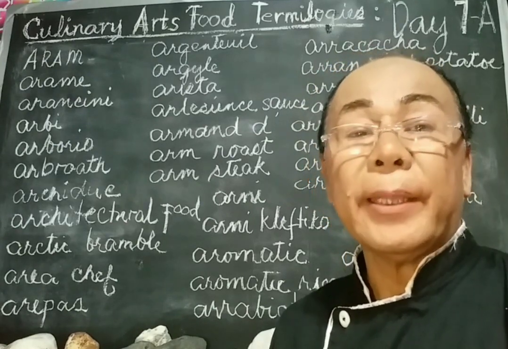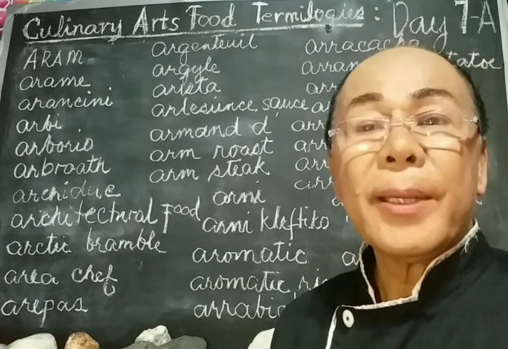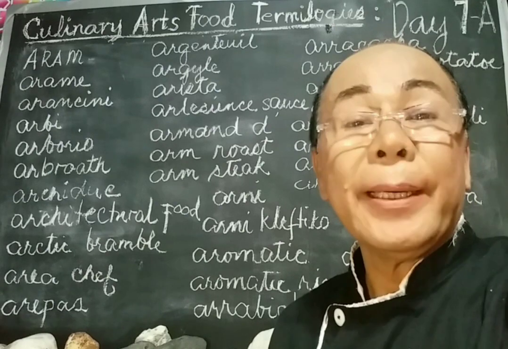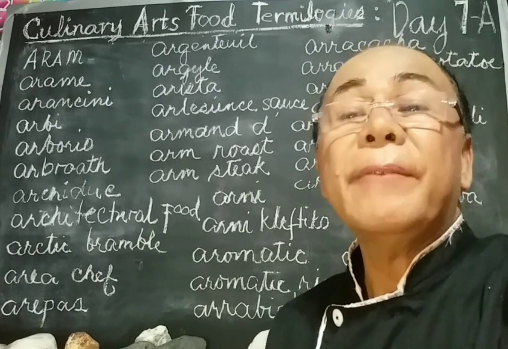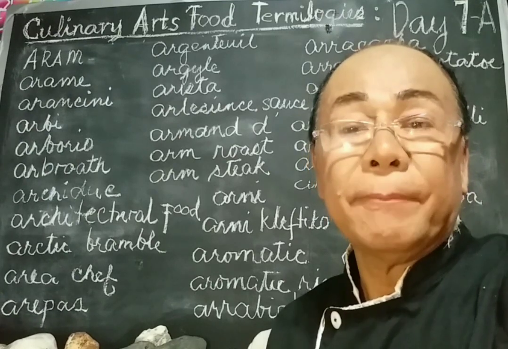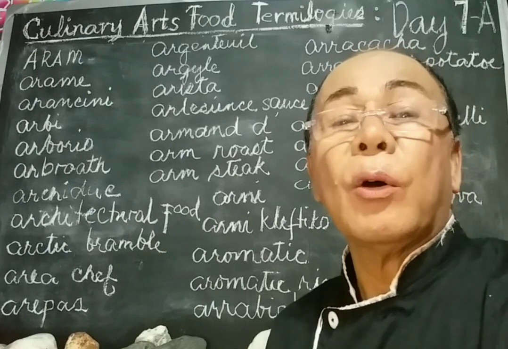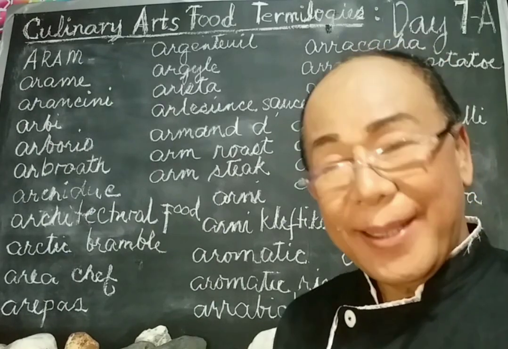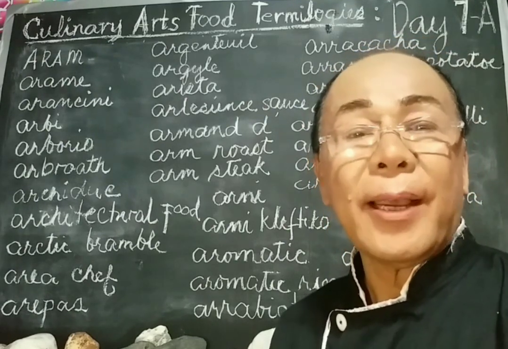Next word we have the arroz doce. This refers to a Brazilian dessert of rice cooked with milk, vanilla beans, and sugar. It can be served at room temperature or chilled. Again, the next word, the arroz amarillo. This refers to a Cuban dish consisting of rice flavored with saffron, known as yellow rice.